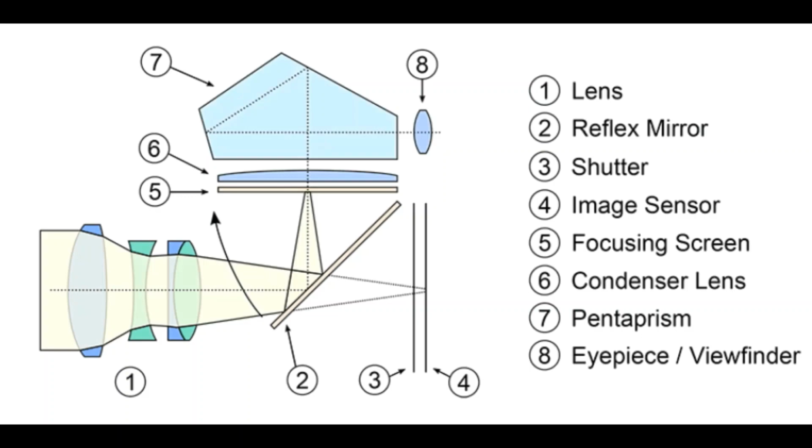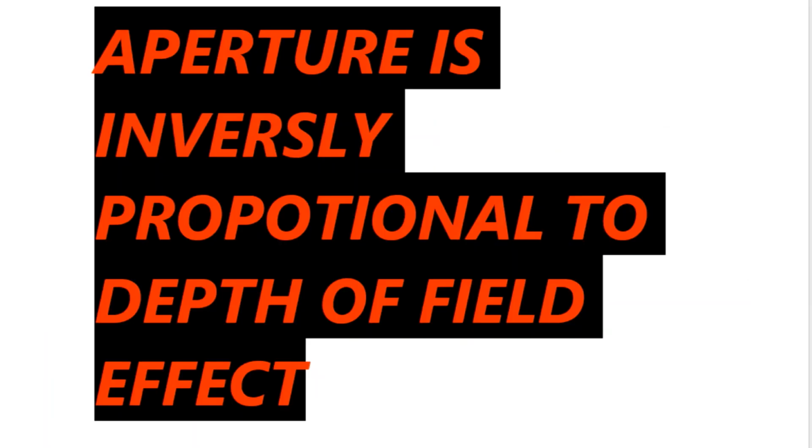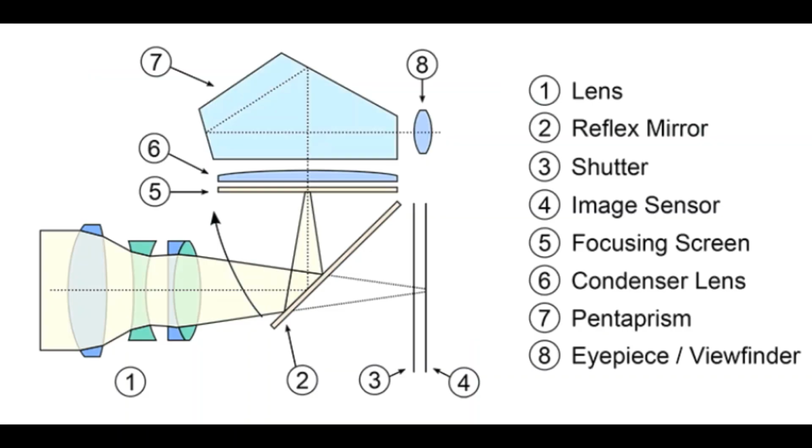And the amount of light you let in is inversely proportional to the depth of field, which means that the more aperture you set, the shallower the depth of field is, and the lesser the aperture you set, the deeper the depth of field is. However, guys, this also has to do with the lens, and depending upon the type of lens you use, it changes, and it does not rely only upon the aperture.